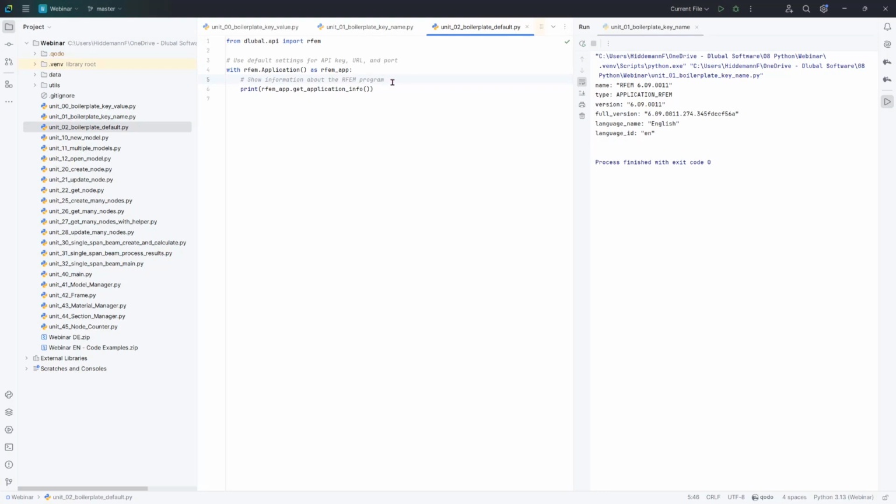And you can see I also removed the localhost and the port information. So everything is running now with the default values for application. This is really a small and easy boilerplate. You just need these two lines here, the import statement and the with statement, to get a ready-to-use connection to RFEM. And what happens now is that if you run with default settings,